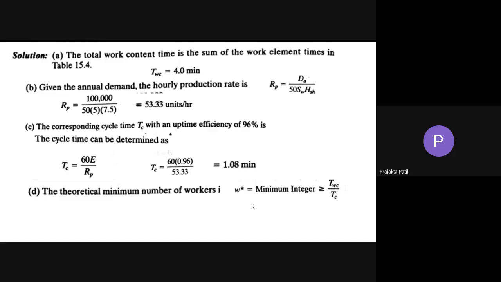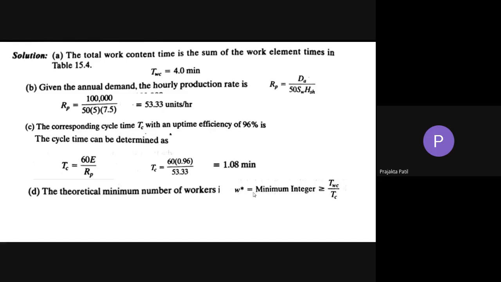You can even use that equation if you want to, where workload is given by RP into TWC, and the available time is given by 60 into efficiency. You can use any of those equations, but that is the equation to find the number of workers. They have asked you to find the theoretical minimum number of workers, and for that the equation is this.